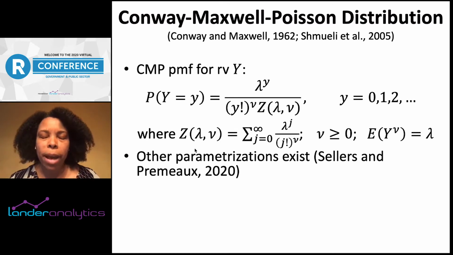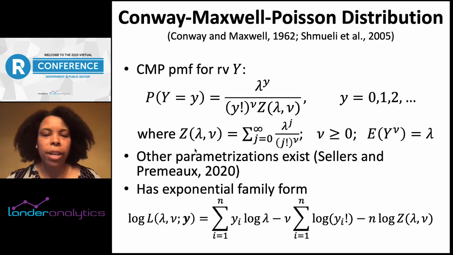When we think about a regression model underlying this distribution, the parameterization that I'll be working with here is that which originated in the original Conway and Maxwell paper and was revived in the Shmueli et al. paper referenced above. However, there are other parameterizations that exist, and the interested reader can access my WIRES review paper with a student of mine, Bailey Premu.